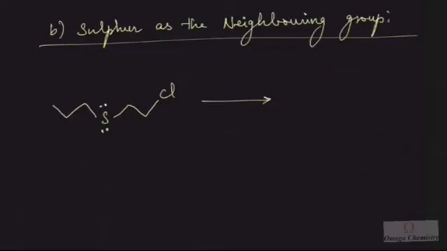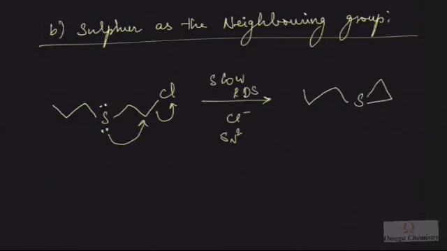Now, in this compound, sulfur can act as a neighboring group, right? This is a good example for the hydrolysis of this compound. In the first step, sulfur, present in the beta position, will attack here, which will facilitate the elimination of the chloride ion. So chloride ion is the leaving group, and since the attack is from the backside, it is an SN2 reaction, so inversion will happen, right? And this is the slowest step, so that's why it is known as the rate determining step. So an intermediate, which is nothing but a cyclic one, will form, right? This is how an intermediate will form.